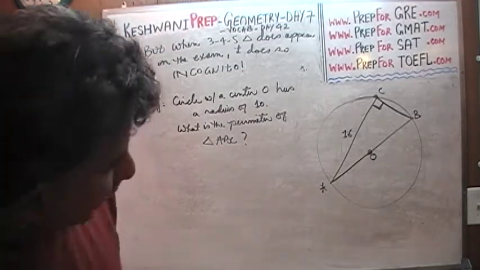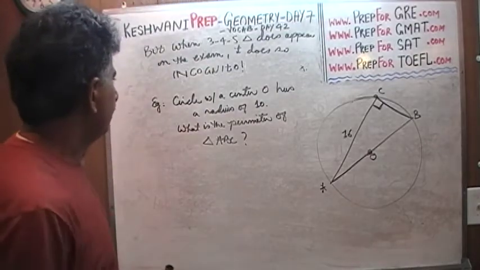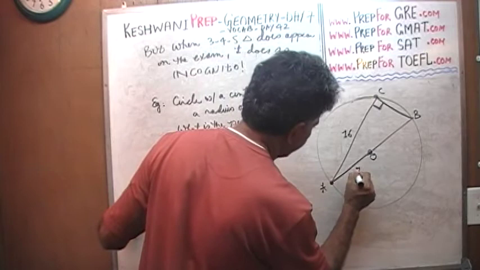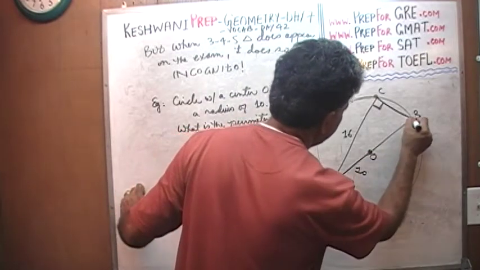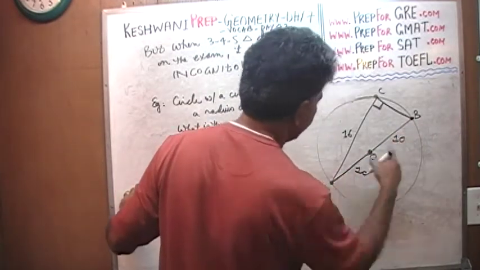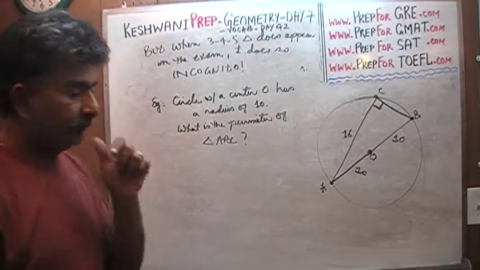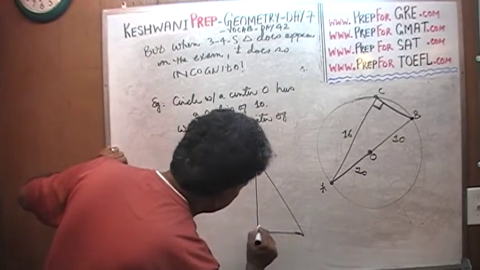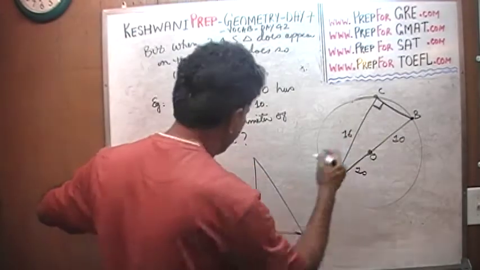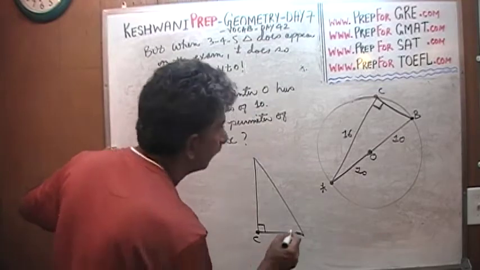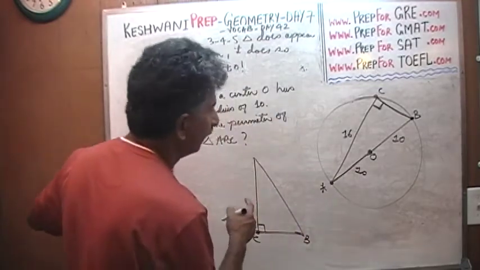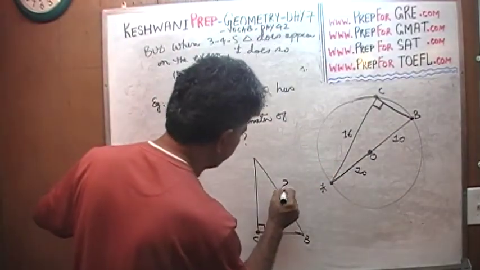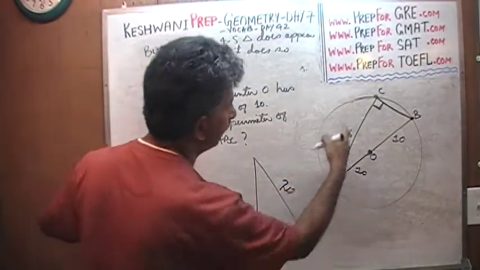All right, here's what's going on. We know that the radius is 10. If the radius is 10, then from A to O is 10, and we know that from O to B is also 10. In other words, from A to B is 20. So I'm going to redraw this triangle here. Here's your right angle triangle, which is right here at point C. There's your point B. We know that A to B, which is the hypotenuse facing the right angle, is 20. We just found it. We are told that A to C